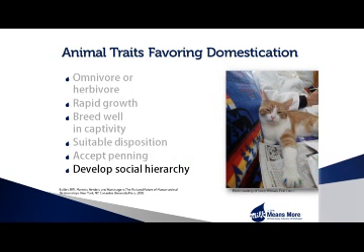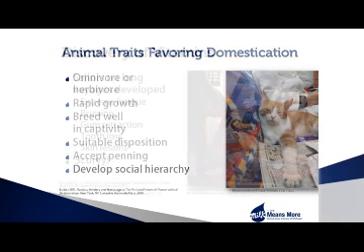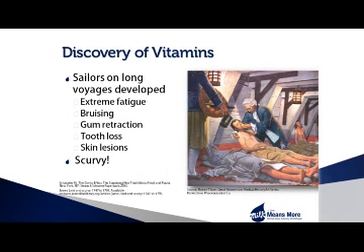Lastly, except for Felis catus, today's domestic cat, all the major domestic animals conform to a social hierarchy, dominated by a strong leadership. Conveniently, they recognize their human caretaker as the pack leader. Up to this point, we've discussed food sources of the macronutrients, carbohydrate, fat, and protein. The value of specific chemicals in food wasn't identified until the 1700s. Here's the story of the first inkling that food components other than macronutrients were important to health.